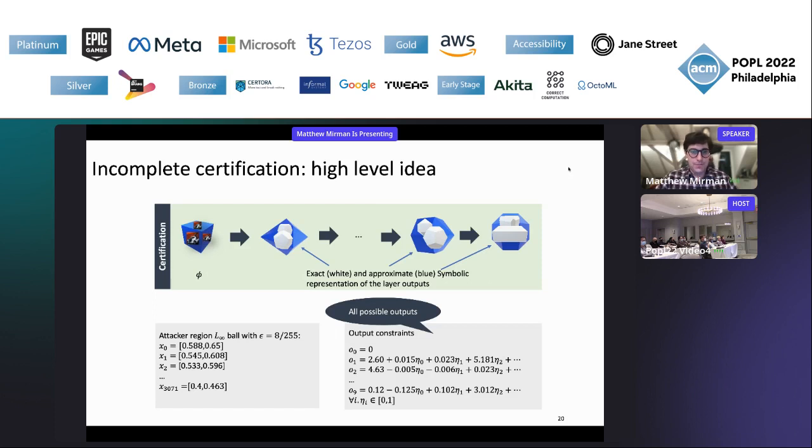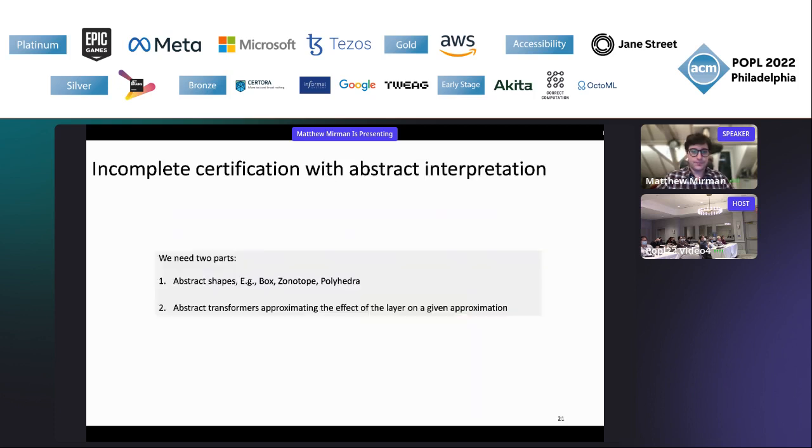given that input. If we do this for every layer, by the end of the program, we still end up with a correct output, in that it is a superset that corresponds to all possible ways that the network could behave for those inputs.